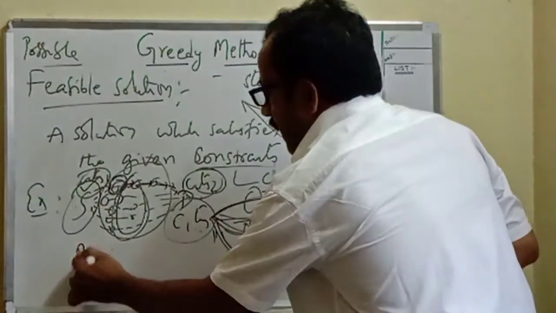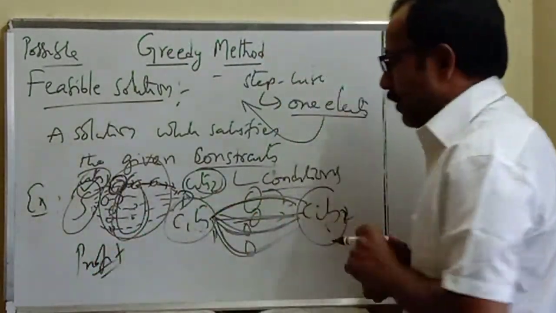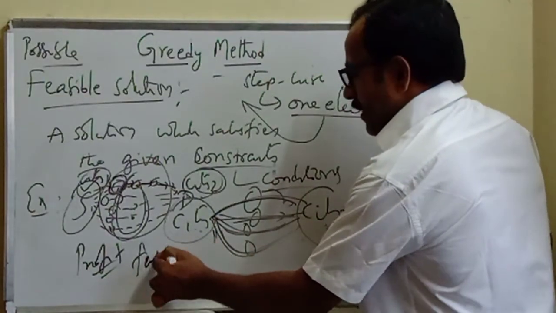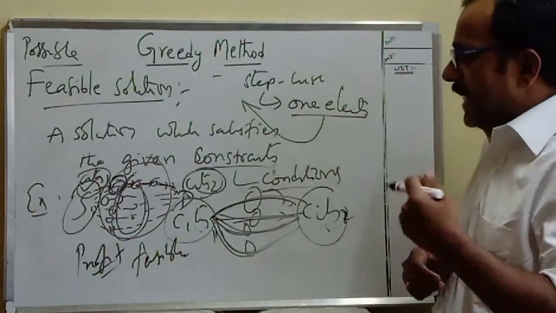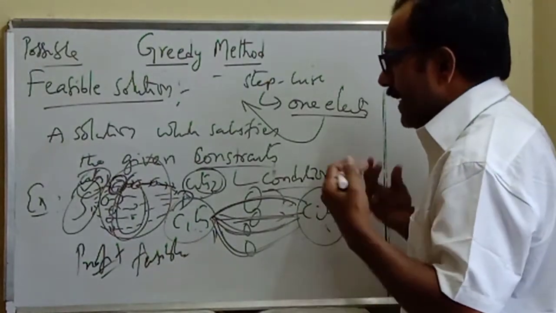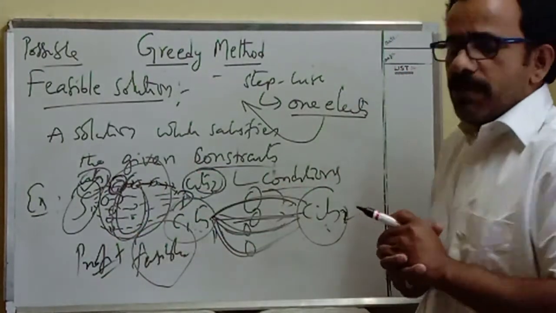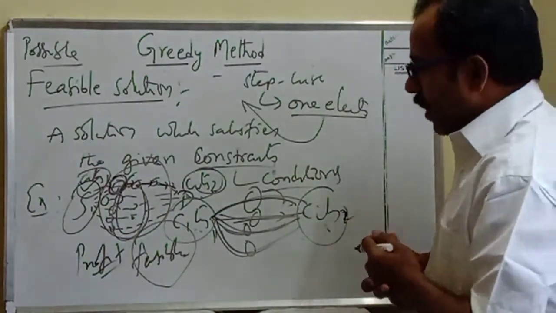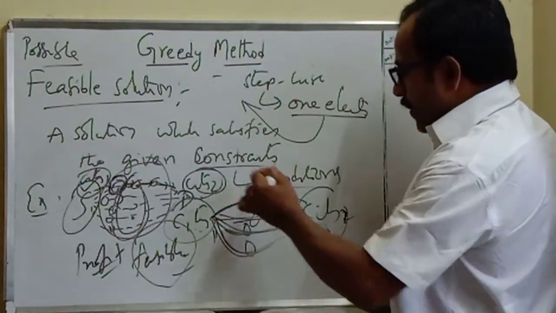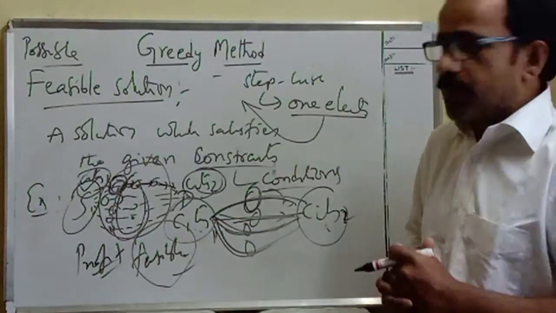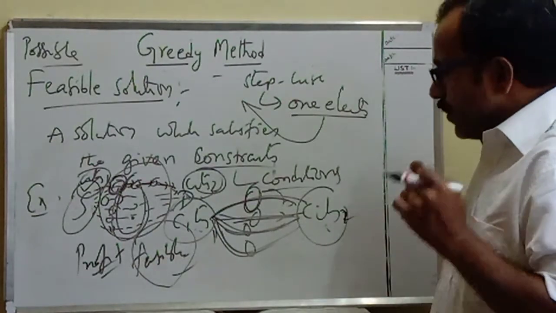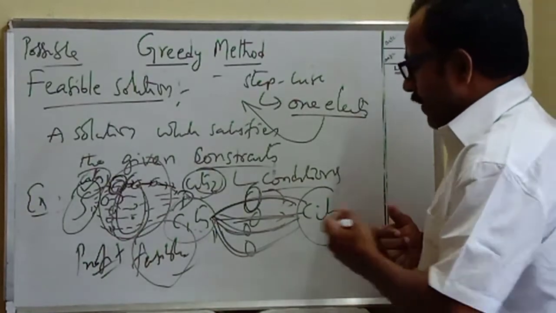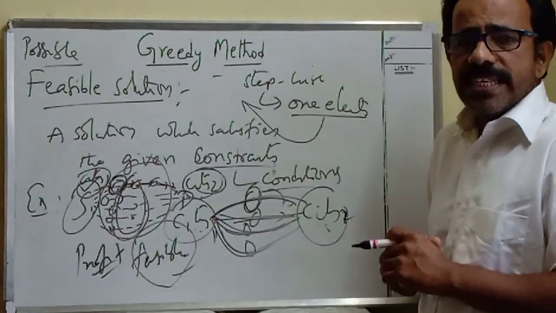Suppose you take profit related problems. All the solutions that get profit are feasible solutions, because the ultimate aim is getting profit. Then what do you mean by optimal now? The solution which maximizes the profit is called optimal. So here, what is the optimal solution? The solution which minimizes the distance between city 1 and city 2, or the solution which reaches city 2 in a rapid way, with less time, is treated as the optimal solution.